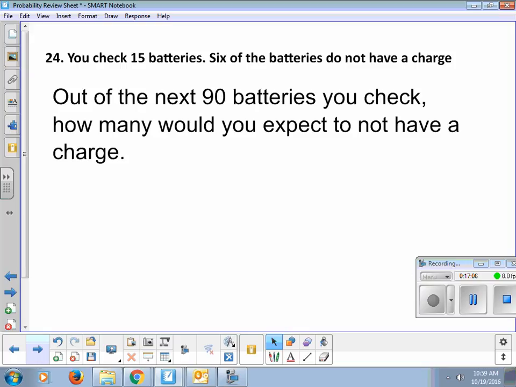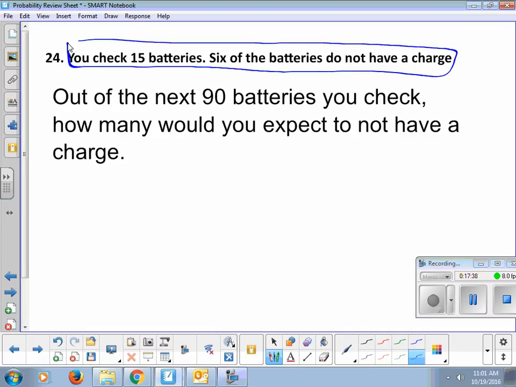Okay, for the next question, you check 15 batteries. 6 of the batteries do not have a charge. Out of the next 90 batteries you check, how many would you expect to not have a charge? So you're going to set it up the same way. Write your probability out, set it equal to your fraction, fill in what you know, cross multiply to solve for your unknown. Okay, so if you look at our experimental probability,